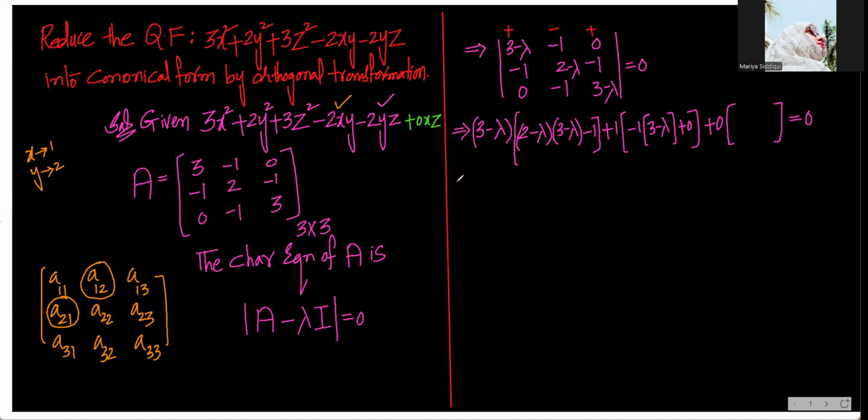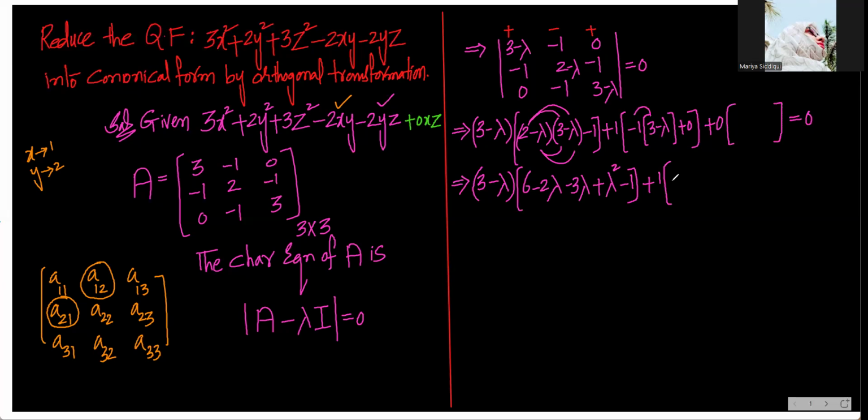No need to waste time. 3 minus lambda, last row anyhow 0. The first element should multiply with the first element: 3 times 6, this one minus 2 lambda, this one minus 3 lambda, this one minus into minus plus lambda square. And don't forget we have the minus sign 1 also, plus 1 into